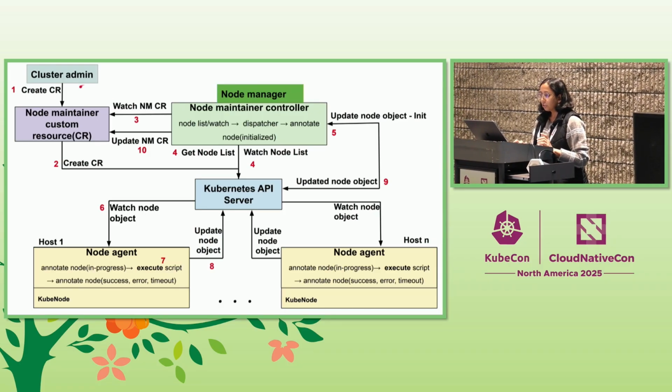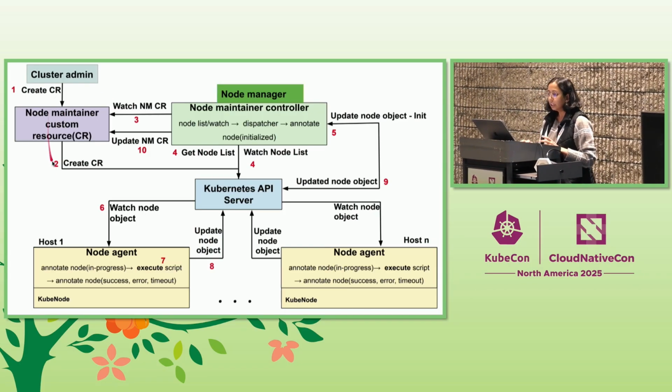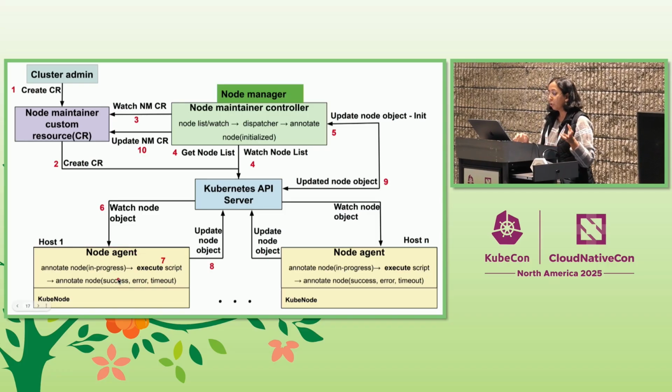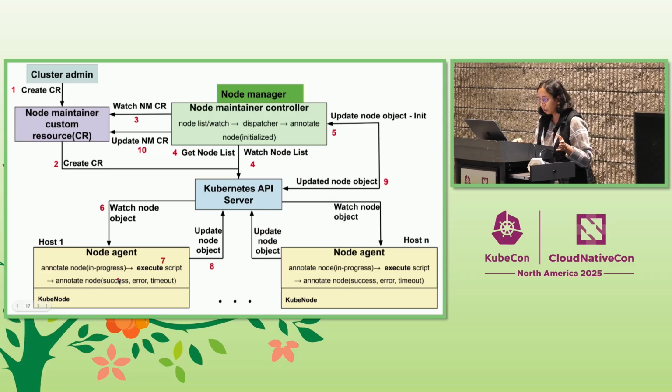So I'm a cluster administrator. I can create a custom resource and submit it to the Kubernetes APIs, or deploy through CI/CD. The node maintainer controller, which keeps watching this custom resource, reads it, gets a list of nodes, and tags the node with initialize. The node agent, which keeps running on each and every Kubernetes worker node, sees that in the form of a node annotation, reads the node annotation, executes the task, and eventually updates the status with success, error, or timeout, submitting it to the